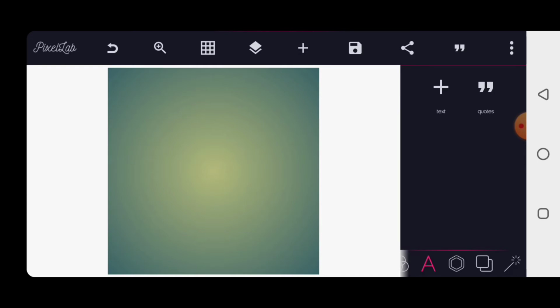Now in this tutorial, I'll be showing you how you can get thousands of fonts at once on your Pixel Lab. No need to start installing or adding fonts one by one. I'll be providing you a font pack. The font pack contains thousands of fonts, so you just add all the fonts at once on your Pixel Lab. So once you install Pixel Lab newly, you just install this font pack I'll be providing. Then you have different fonts to use for different designs.